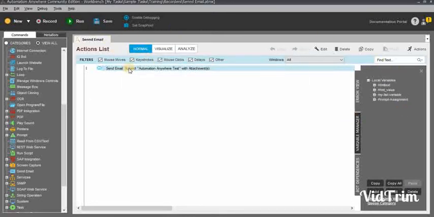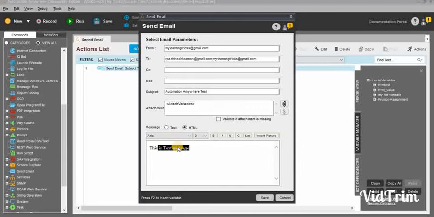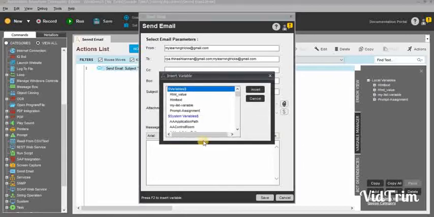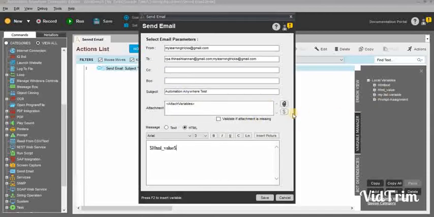Now we can go to the send email command. I will delete this one, I don't need this. In the HTML option, you just need to press F2 and select the HTML value. Since in the HTML value variable we have pasted our HTML code, now we can use it. Click on save.